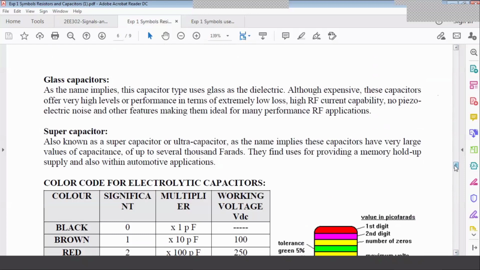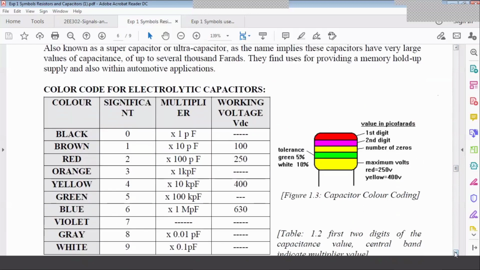Losses are less and performance is high, and they are used for high radio frequency current capability and many radio frequency applications. They can reduce electric noise, and other features make them ideal for radio frequency applications.